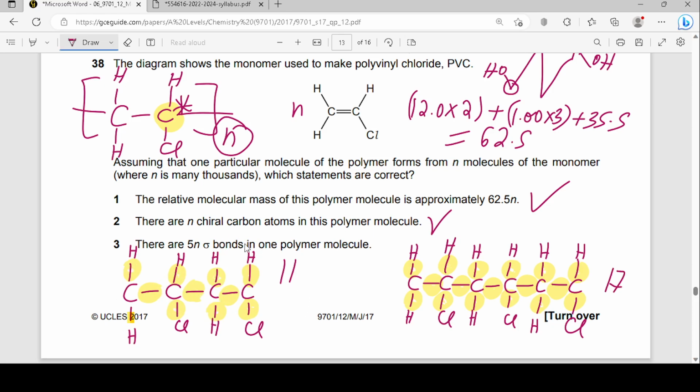So anyway, if it was 5n, that would mean this would be 5 times 2, which equals 10, because I have two repeat units here. So I should have had 10 sigma bonds here, but I have 11. So that means it's basically 5n plus 1 here. And then over here I have 17, which means it's 5n plus 2. So I'm not really sure what the trend is. Maybe I calculated it wrong, but